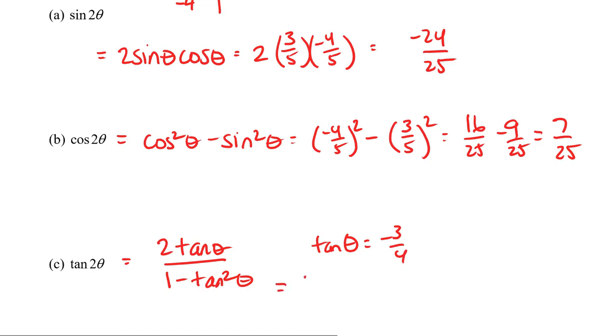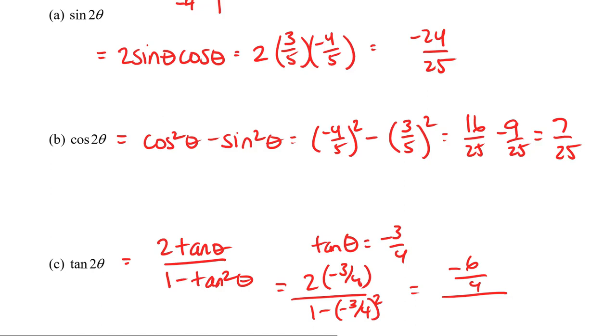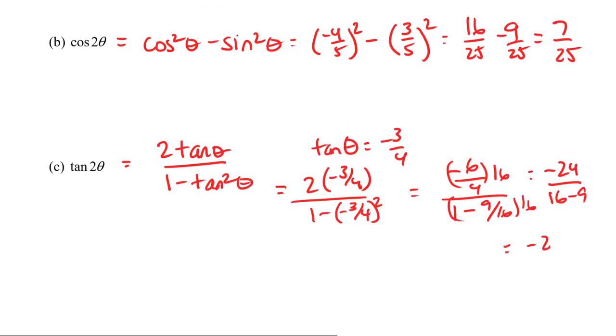So this formula becomes 2 times -3/4 over 1 minus -3/4 squared, or -6/4 over 1 minus 9/16. If I multiply top and bottom by 16 over 16, I get -24 over 16 minus 9, which is equal to